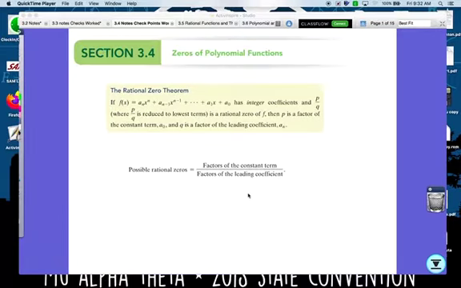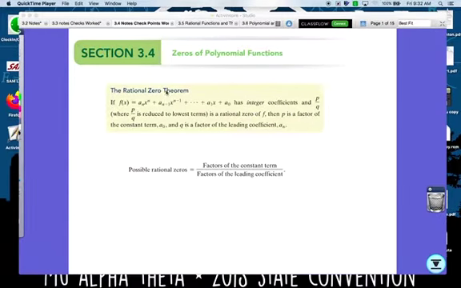Section 3.4, zeros of a polynomial function. So we're going to start off. We talked about finding the zeros, and that's where the x-intercepts happen for a function. It's what number you can plug into a function to make it zero. We also talked about synthetic division. So if a polynomial is not quadratic, you can figure out possible ways to break it down and factor it some. All right, so to start off this lesson, we're going to talk about the rational zero